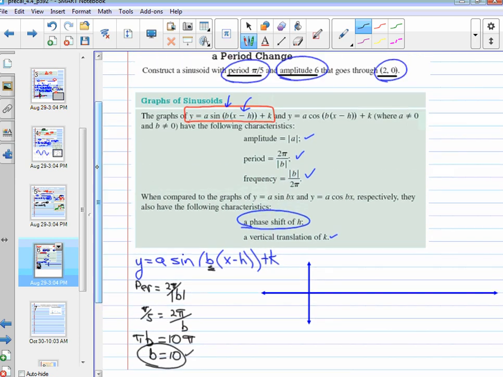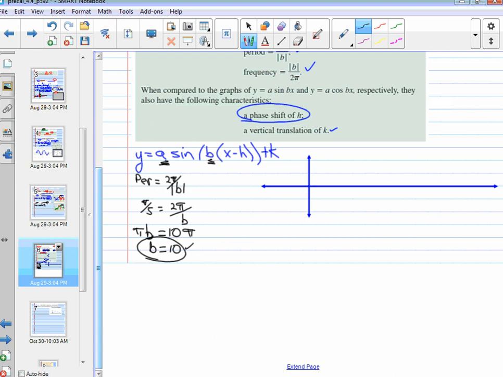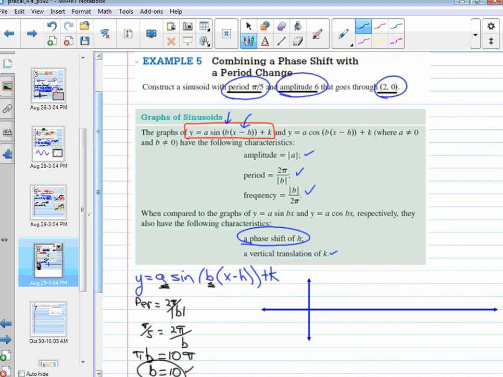Next thing, they say the amplitude is 6. That one's real easy to fill in. A is 6. I know what to write right there. A equals 6. Now the next thing they want us to do, they want this graph to go through the